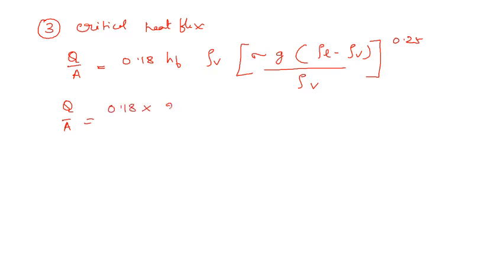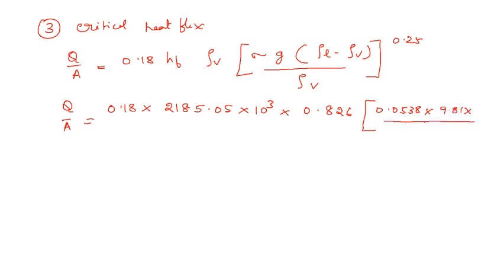HFG is 2185.05 into 10 to the power 3 into density of the vapor is 0.826. Surface tension, we know that it is 0.0538 into G is 9.81, and the other terms I'm going to write in the bottom